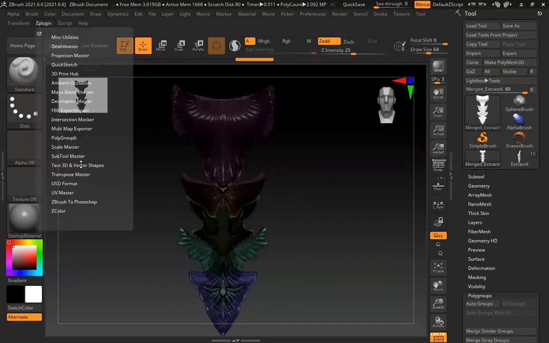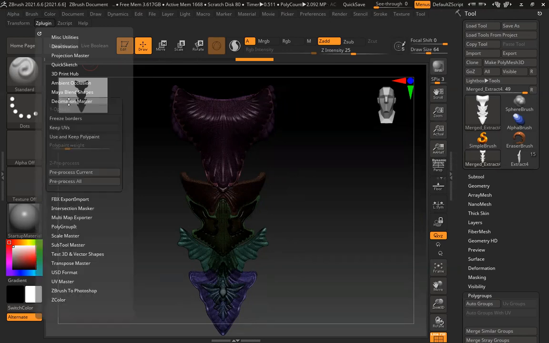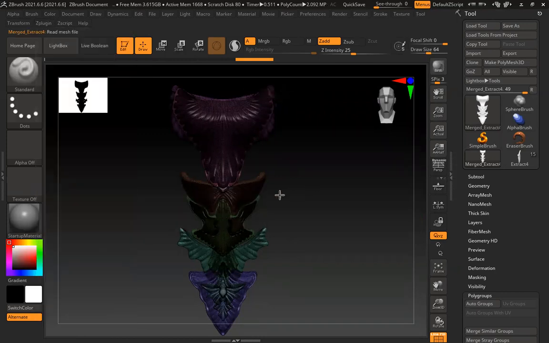So I'll go to ZPlugin. But won't we lose detail if we decimate it? No. In decimation, you won't lose detail. If you ZRemesh or Dynamesh, you will lose detail. So pre-process current. But in decimation, what happens? It triangulates the entire model, and based on the volume, it regenerates the topology. So it basically retains all the information as much as possible, whatever you have defined. Suppose I'm using 20%. So 20% means 20% of 2 million. Whatever is possible within that, it will generate.